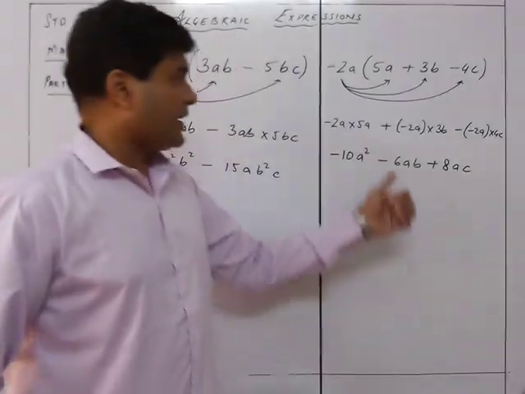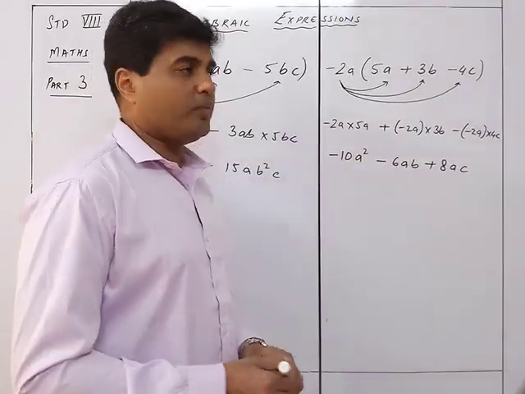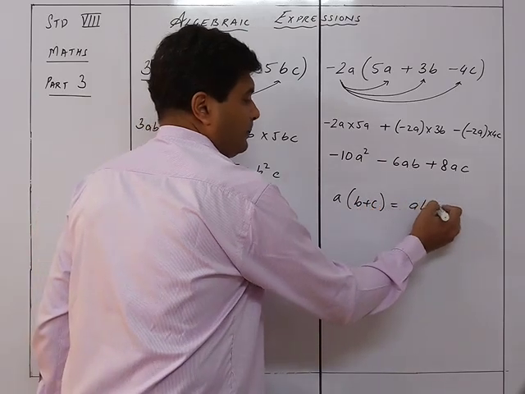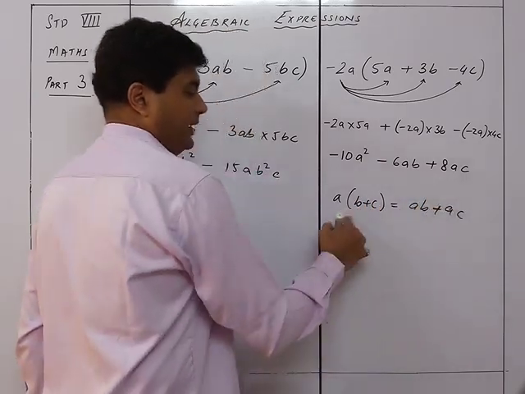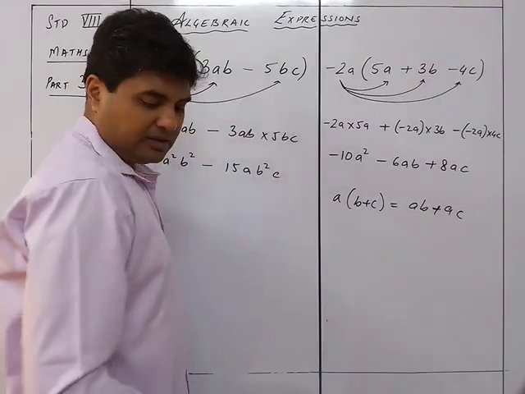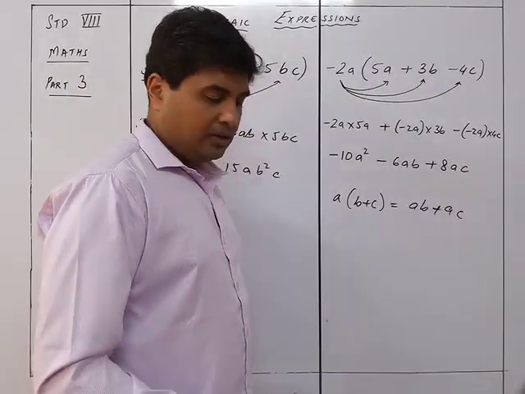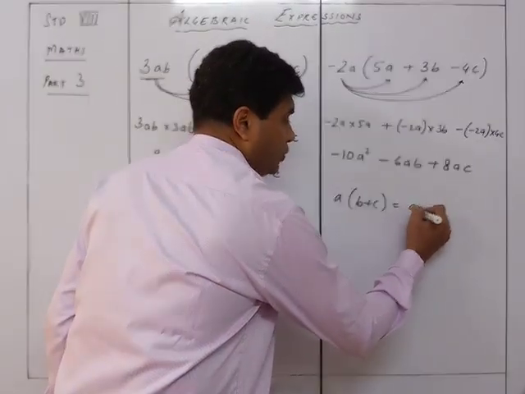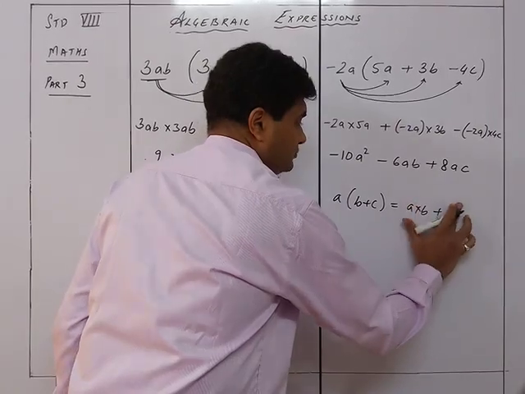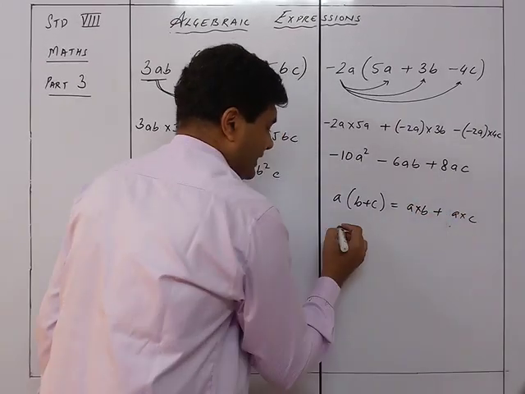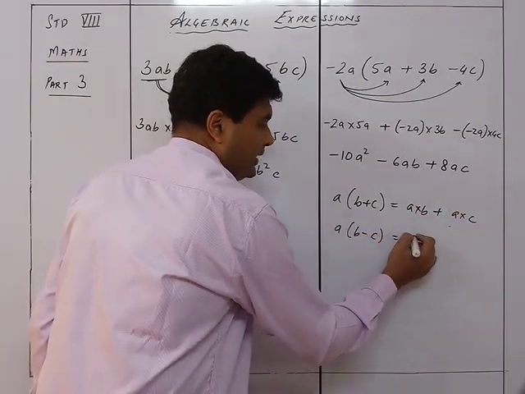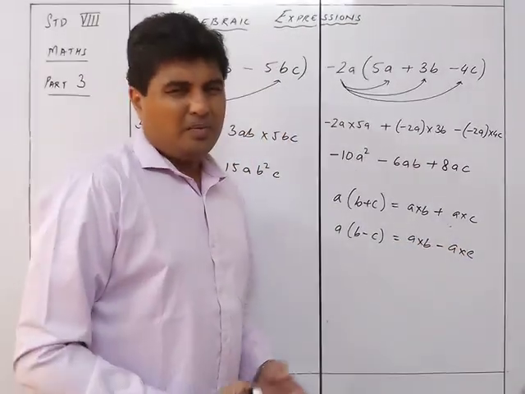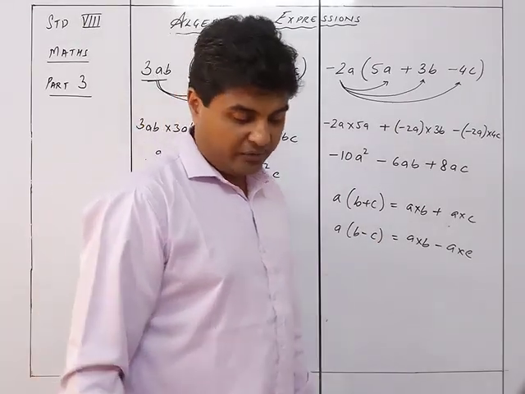So accordingly, for this we can have an easy formula that a into b plus c is equal to ab plus ac. A into b, a into c. Okay. They have given it in the form of a formula, that is ab, or we can write it as a into b plus a into c. If it is like this, a into b minus c, it will be a into b minus a into c. So this is the formula they have given you, but as such you just need to understand it. There is no need of any formula as such.